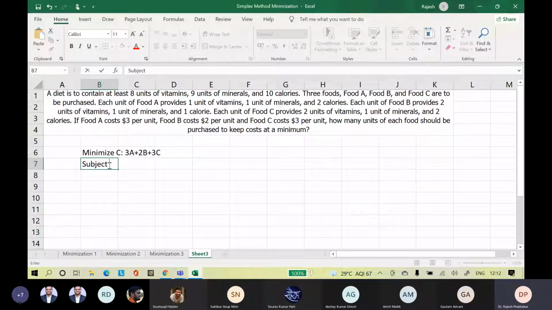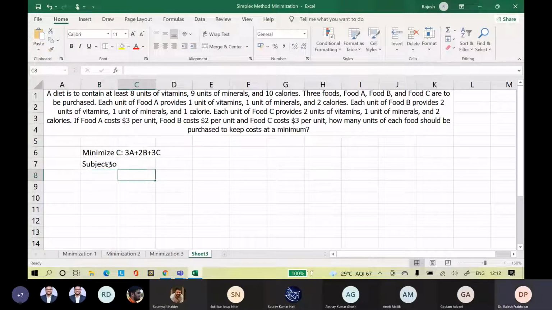Subject to the constraints. First, food A is one vitamin plus one mineral plus 2 calories, greater than or equal to